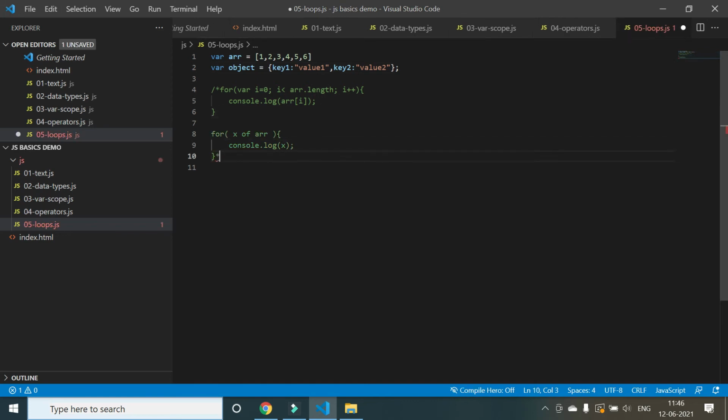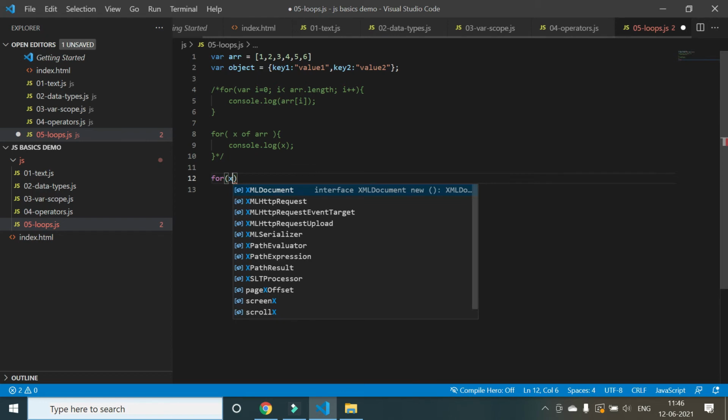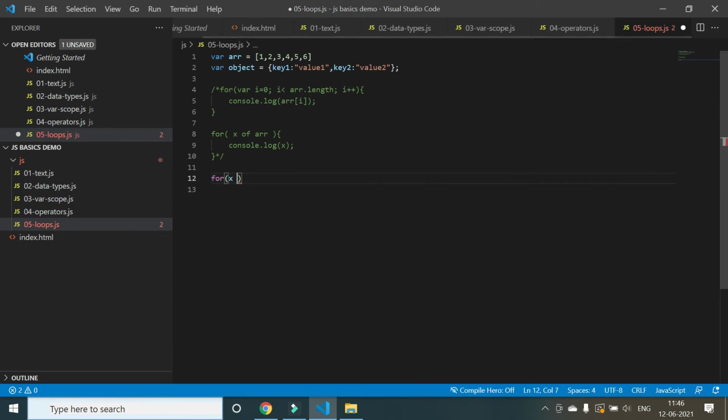Then you don't use this of operator. Instead, you use the in operator there. So if you say x in object, and then you just have to console log x.